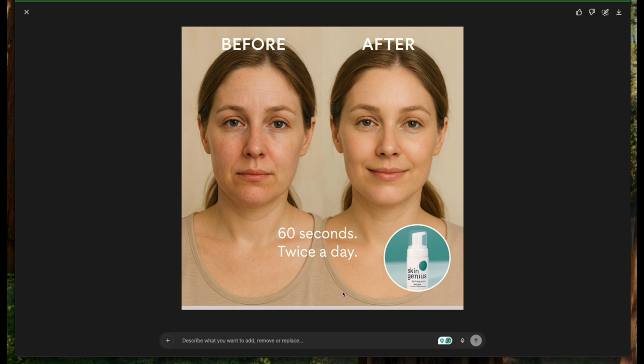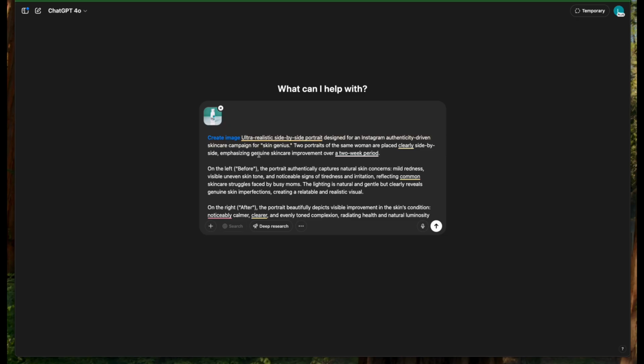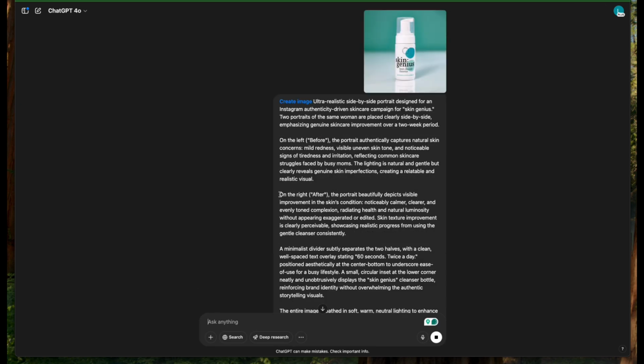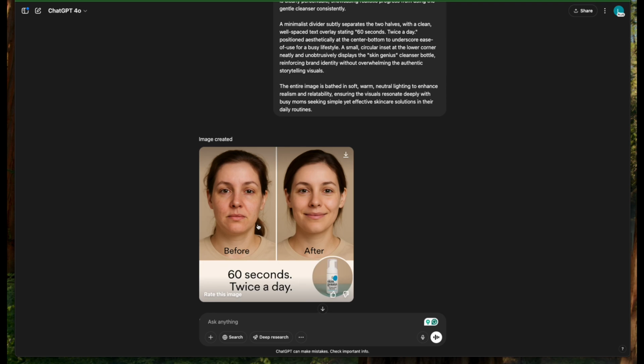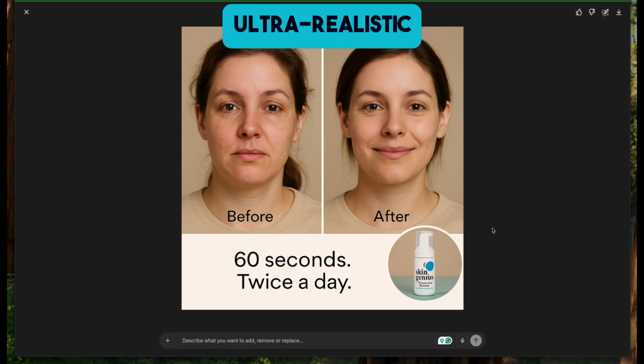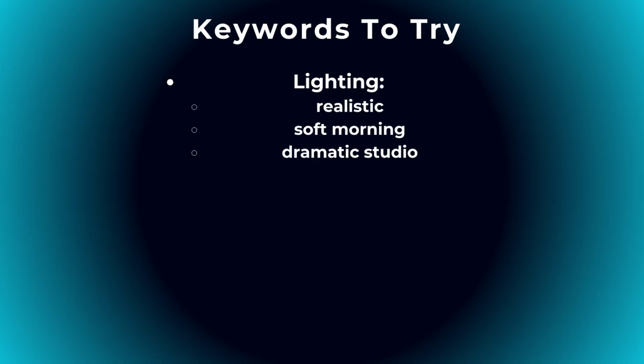Sometimes, even with great inputs, the image might feel a bit flat, maybe slightly artificial, or just not quite convincing enough for a high-impact ad or professional content piece. This is where specific keywords can totally transform your results. The absolute most crucial keywords, especially when you need realism that rivals actual photography, are photorealistic or ultra-realistic. To push that realism even further, think about adding things like